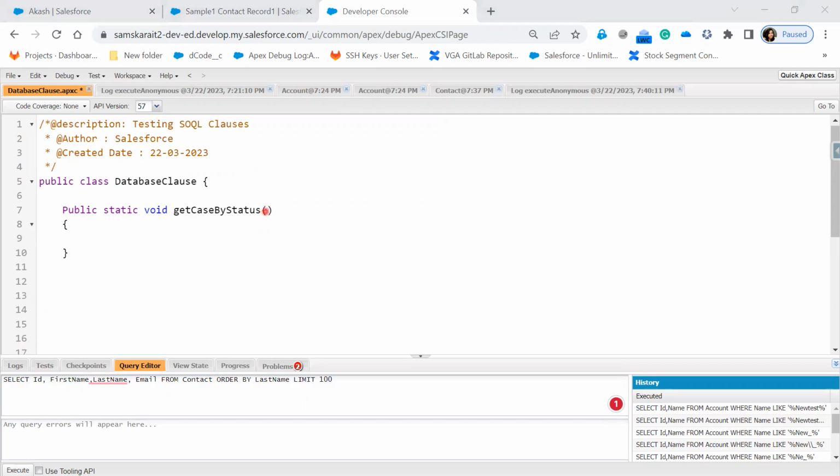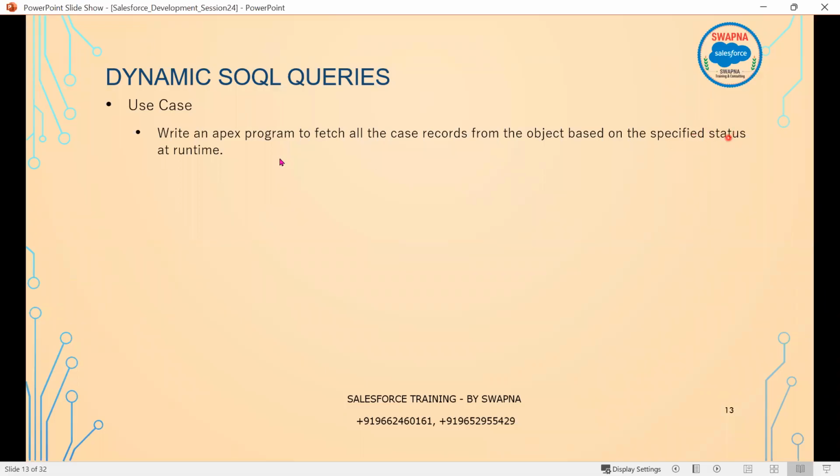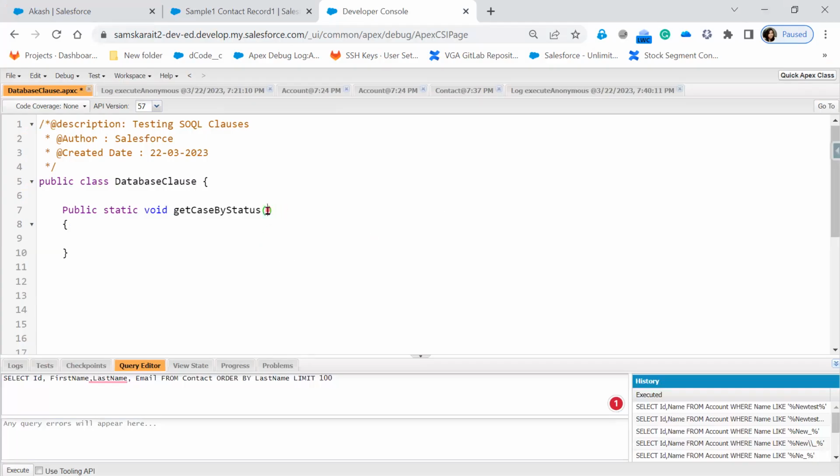Now, as per the requirement, I need to pass the status during the runtime. So I need to have a parameter here, which is String case status. Now, first I need to check whether the case status is null or not. So that means it should have some value. So for that, I'm going to check if case status not equal to null,